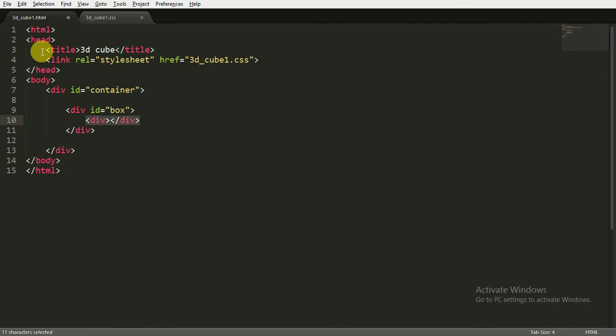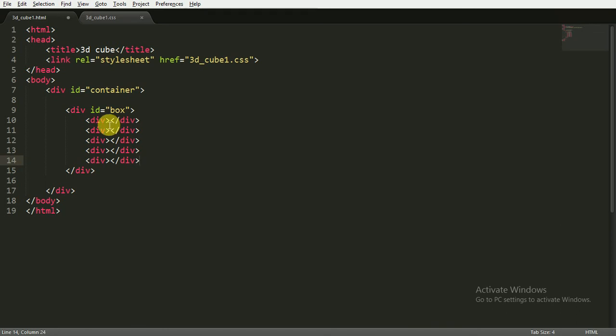and I'm copying this div tag 5 more times for all the sides of top, bottom, and all you can see, and giving this first one the ID of front, and I'm writing a BR tag. This will simply add a row break, and this will help us to have some space between the boxes. And here I'm writing the front and giving it the ID of back,